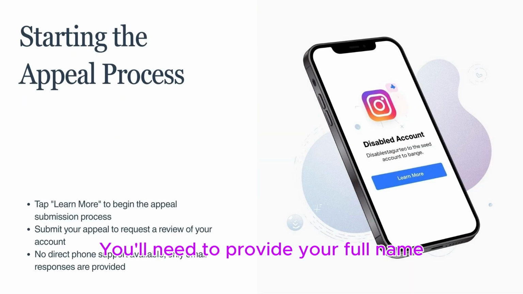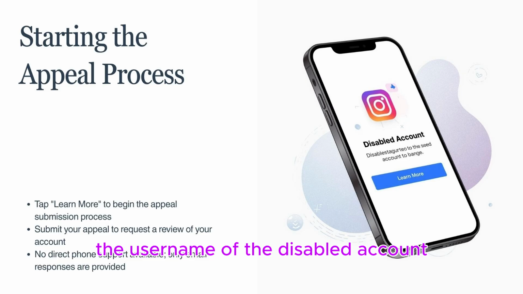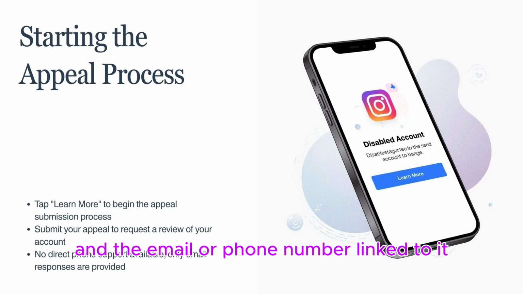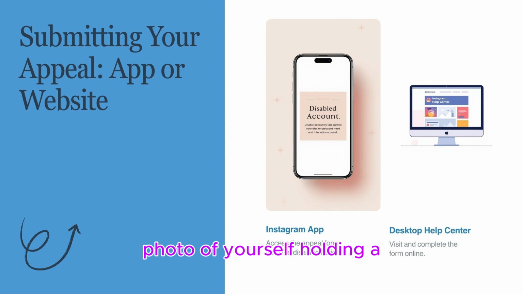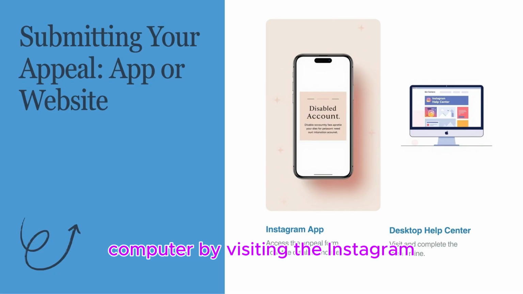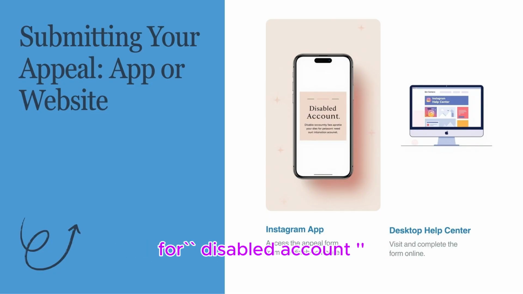You'll need to provide your full name, the username of the disabled account, and the email or phone number linked to it. You may also be asked to upload a photo of yourself holding a handwritten code. Submit the form. You can also appeal from a computer by visiting the Instagram Help Center and searching for disabled